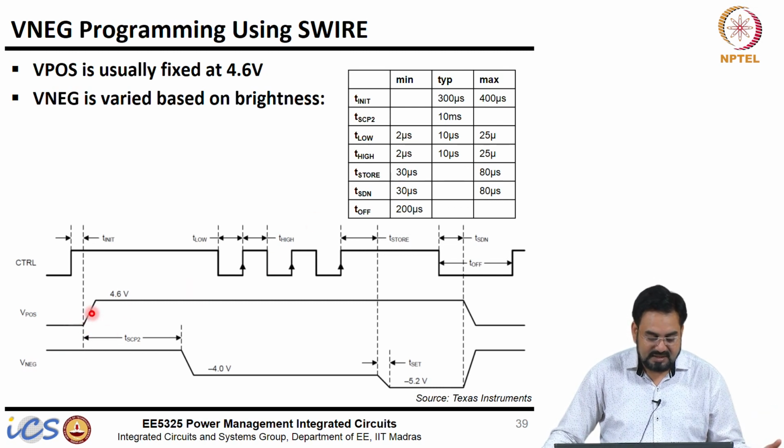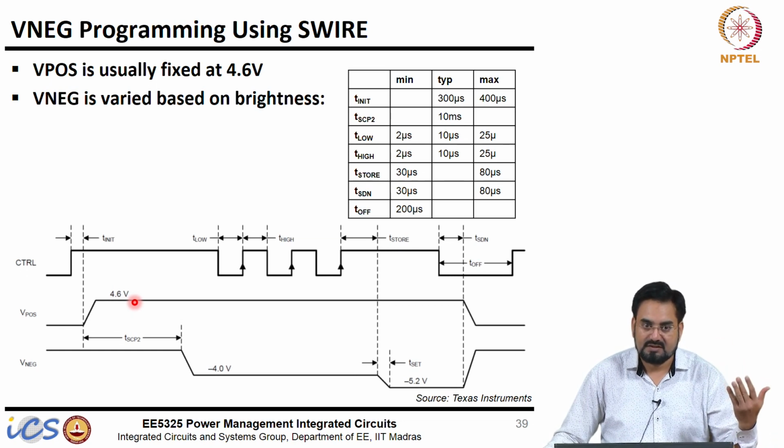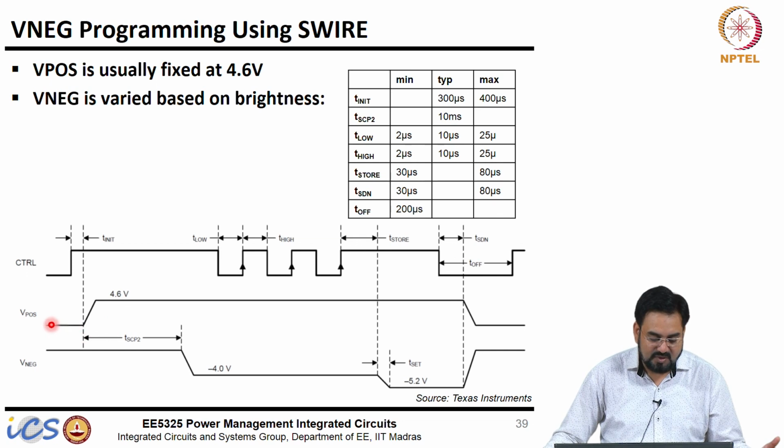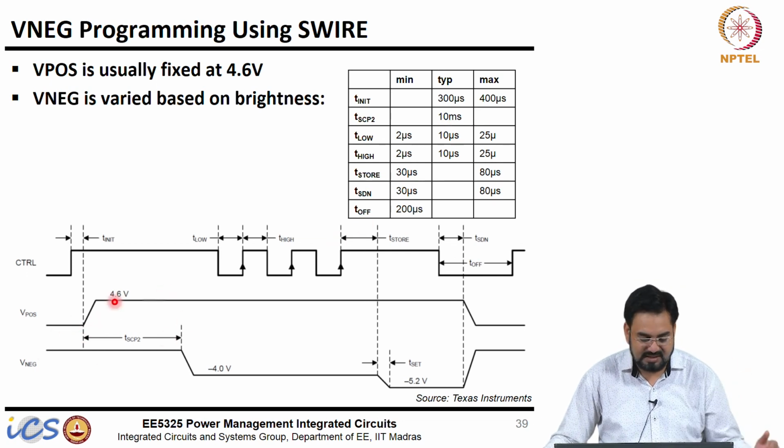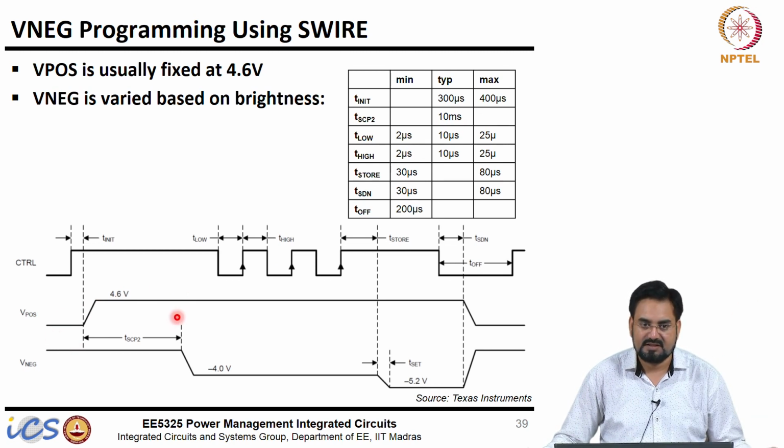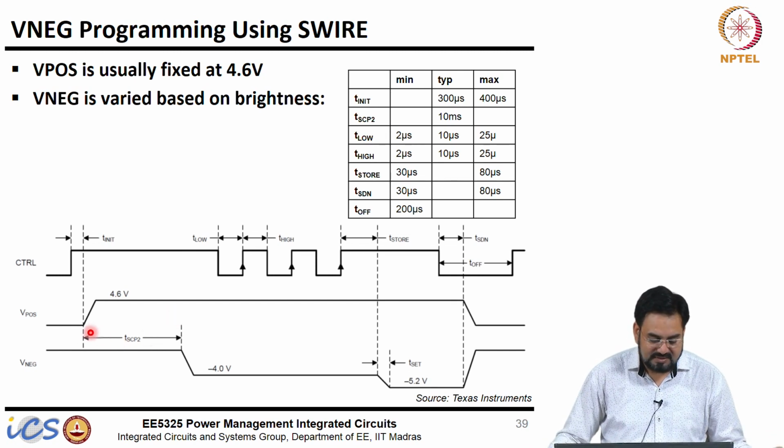Let us say that there is a short circuit at the positive voltage, so it will not ramp up at all. If you are not monitoring VPOS and you just give, let us say, 1 millisecond delay and after that you turn on the negative supply, what will happen? Positive supply will not come up and negative will go high, and there is a risk of damaging your panel here. So, that is why we give this much time. We wait for 10 millisecond and keep monitoring this positive supply. If it does not come up, we flag the short circuit.